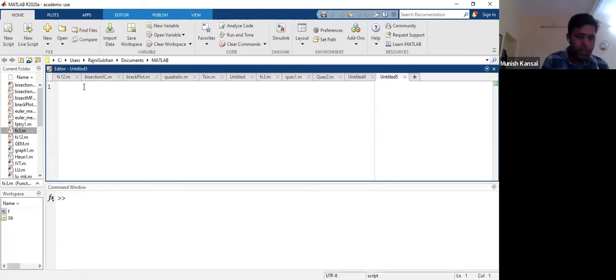So we have some questions. I have some questions written in the PDF, in the presentation. I am not sharing the screen with you for that PDF. I am just going to write down the first equation, tell you the statement of the question, then we will try to make a code for the bisection method, right? So we are given the function, say f is equal to, because when we implement in MATLAB and your PDF, there is a little problem with the font size. That is why I am skipping the presentation part.